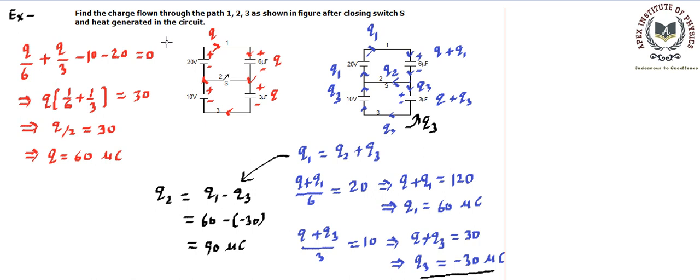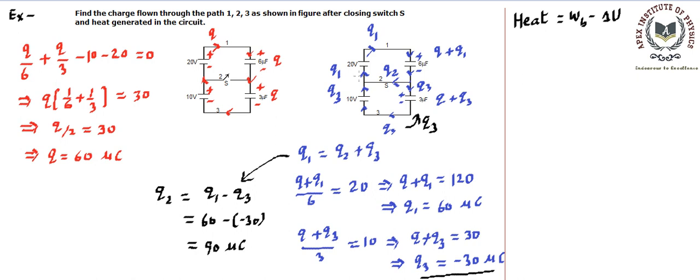So again we will say heat generated is going to be equal to the work done by the battery minus loss in or change in energy or stored energy. So we can use this formula. Heat loss is going to be equal to the total work done by the battery in the system minus change in stored energy of the capacitors. So can we find out the stored energy of the capacitor in the initial case, and we can also find out in the final case, and we can also find out the work done by the battery.